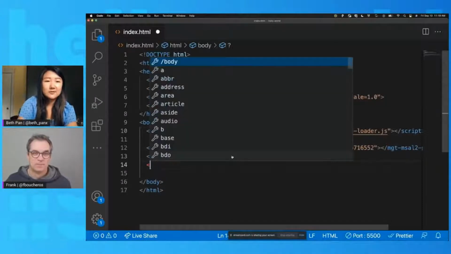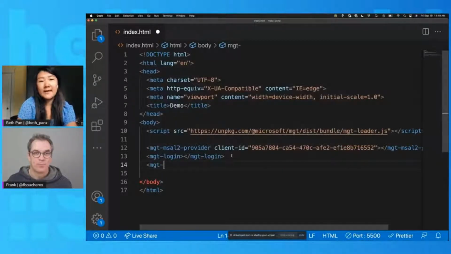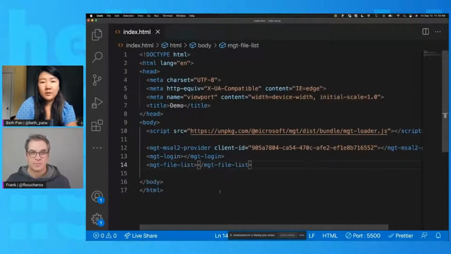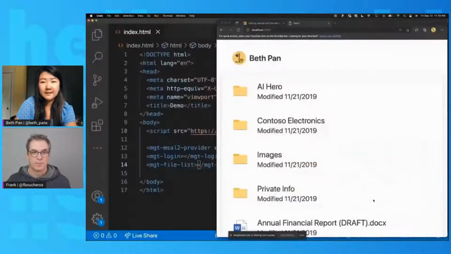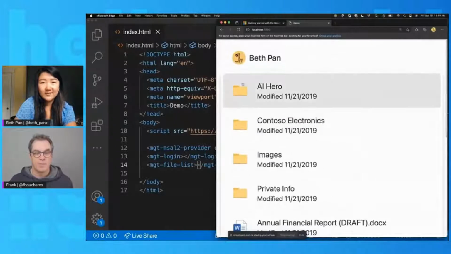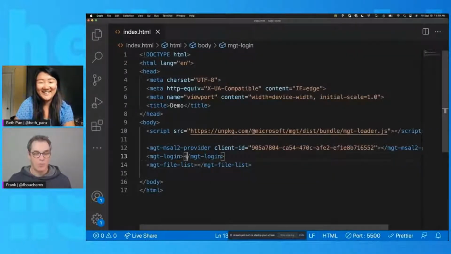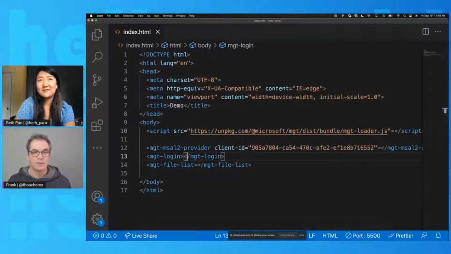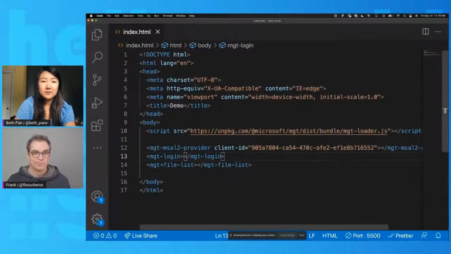You can also add more components to your web page, like agenda, which will show the calendars. What if I wanted to get all my files from my OneDrive? Then you can do mgt-file-list. I just hit save, came back. Now you can see a list of files. Isn't that amazing? Definitely much easier than having to write all the code required for that, right? Yeah, absolutely. So if you want to see what other components and providers we have made available,